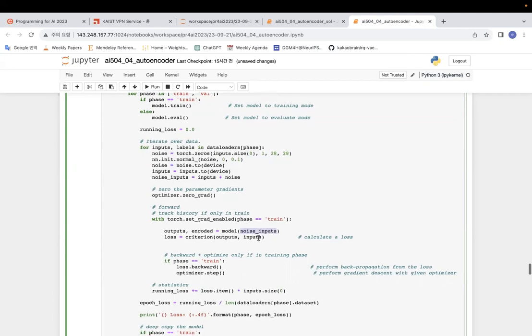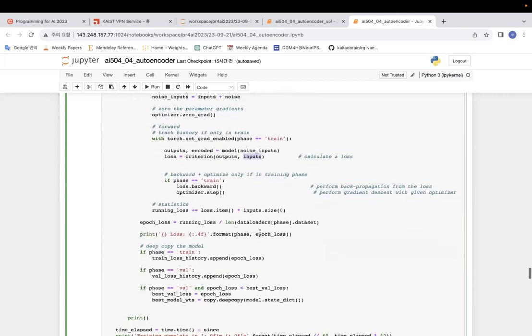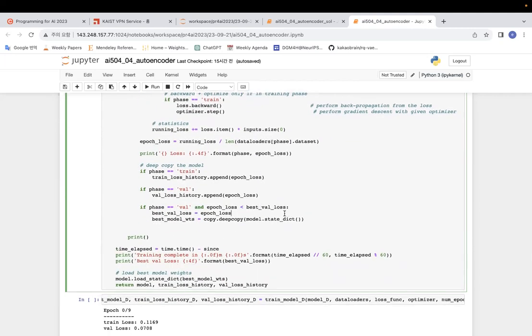Yeah. And also, you should note the criterion: the input of the criterion is also the input, not the noisy input, right? Yeah, Jae-sung, yeah, you're right. Then when you train in this manner,